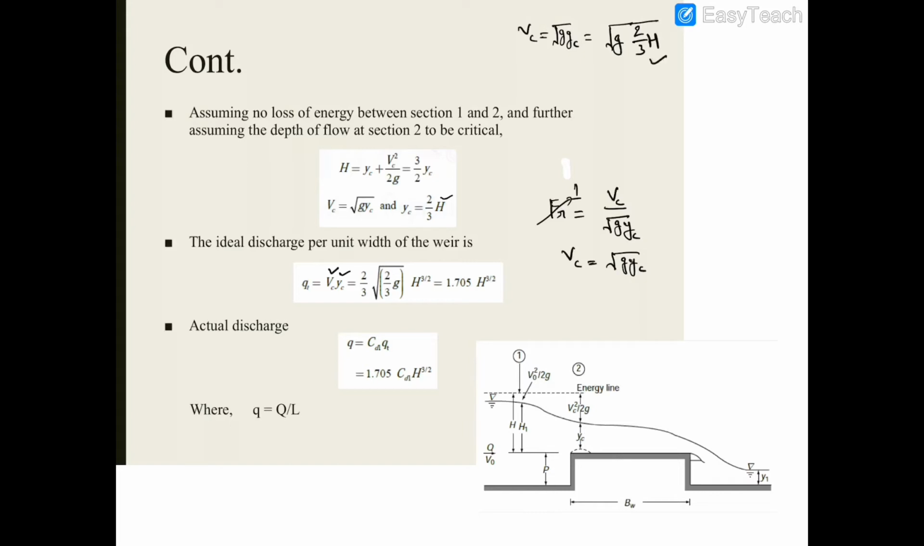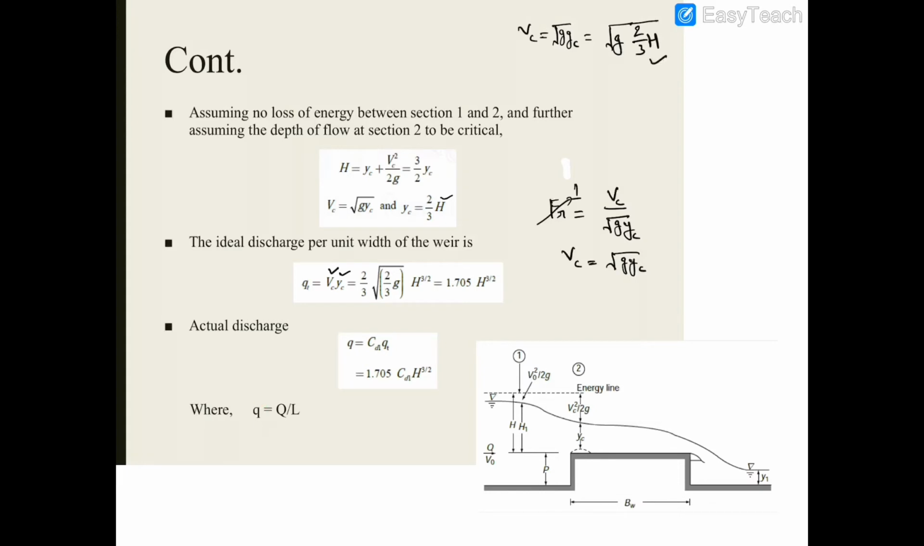So to find the actual discharge, this is the ideal discharge. Here we did not consider any kind of loss between sections 1 and 2. Moreover, we considered that at section 2 the depth is exactly equal to the critical depth. Hence, this is defined as ideal discharge. But to find the actual discharge, a coefficient Cd1 is introduced to account for the energy losses and the depth at section 2 not being strictly equal to the critical depth. So the actual discharge Q is equal to Cd1 into Qt,